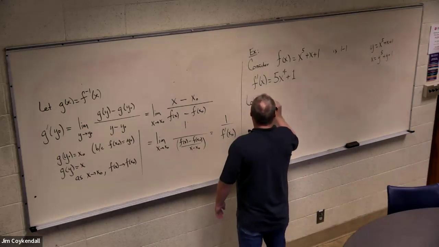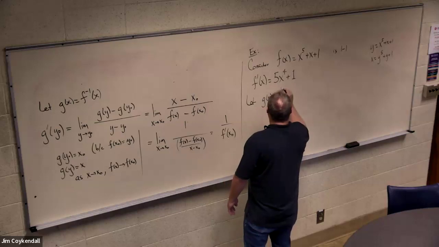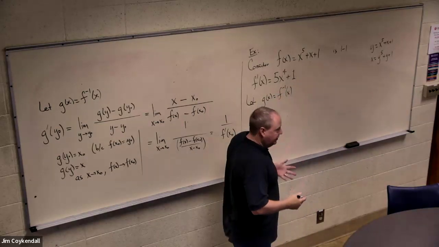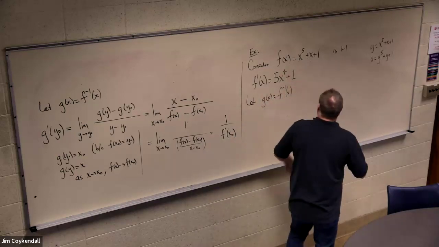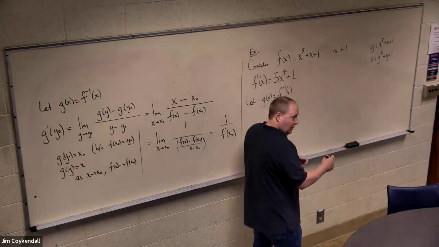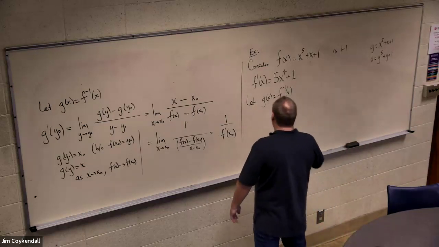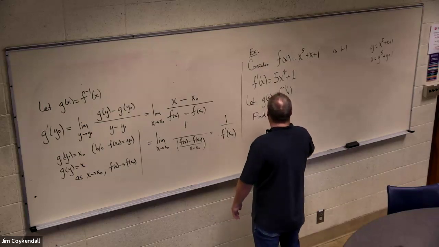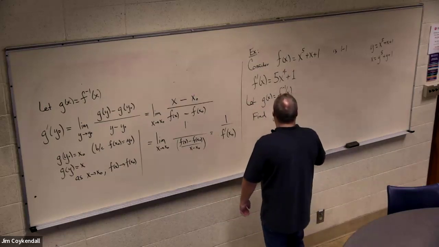Let g of x be the inverse function. This is one-to-one, so I know it exists. In fact, it's fairly easy to draw this, and then flip it over y equals x to see what its inverse is. Find g prime of